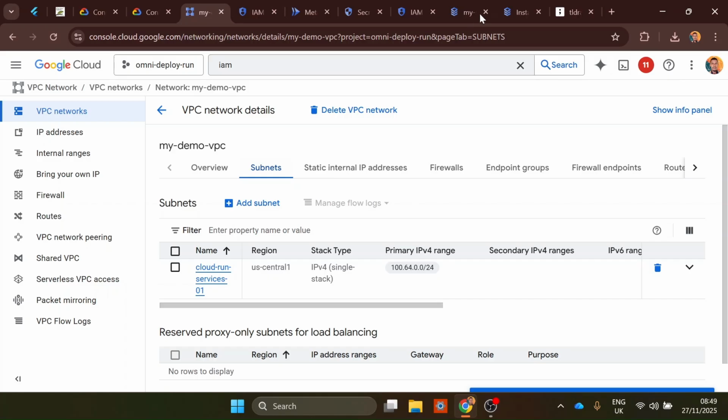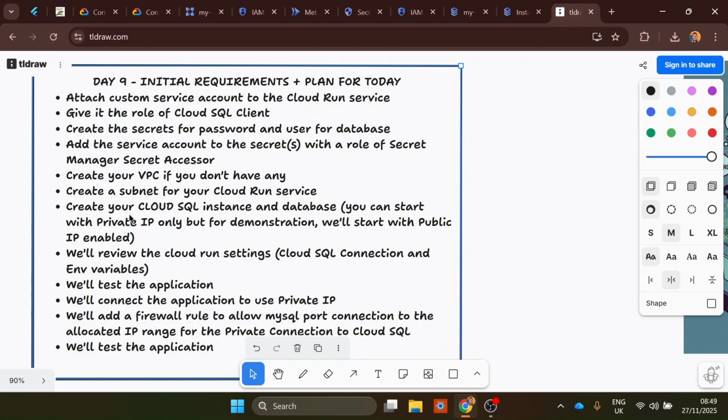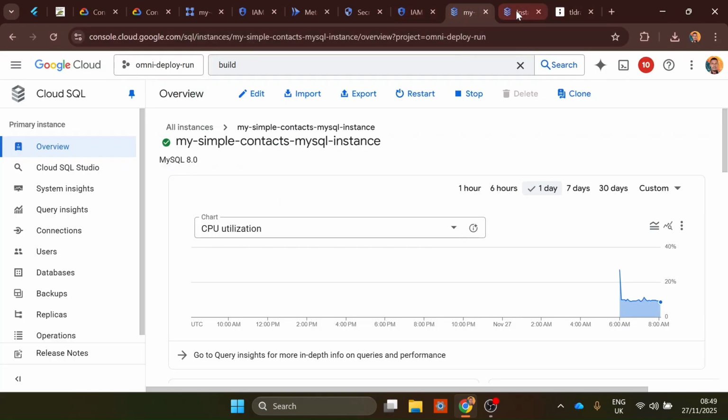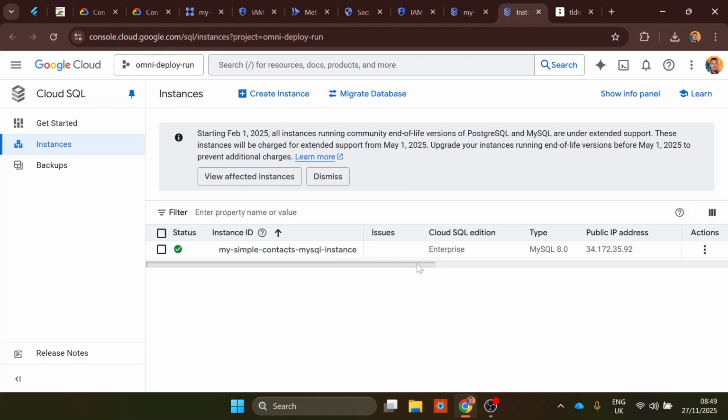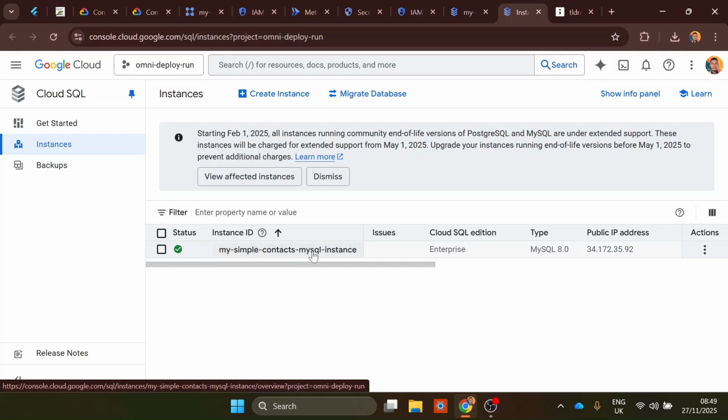So I have this subnet here that I have created, right? Now we need to look at the Cloud SQL instance. I would assume that you already have a Cloud SQL instance, but in my use case, I just provisioned a very small Cloud SQL instance to demo. So I have a very small Cloud SQL instance right here, and if I go into the instance,